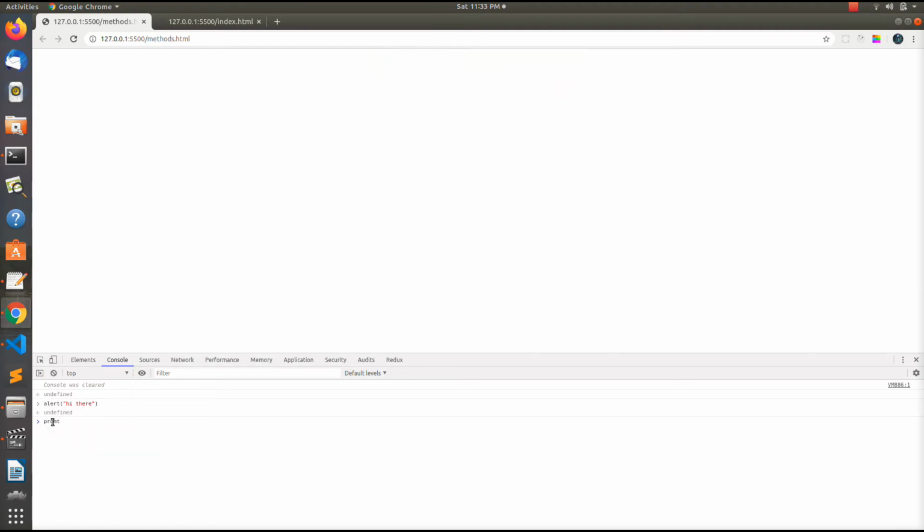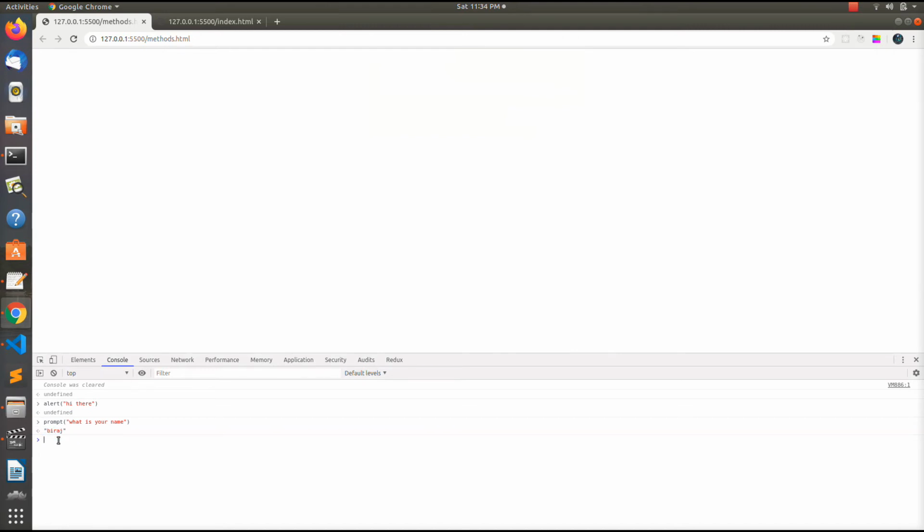The other method that we are gonna see is prompt. Prompt is actually just like alert, but it is usually used to collect some information. Like if I write prompt, what is your name, and this is prompt here, enter this, and you can see this dialog box again appearing, and it is asking me what is my name. So if I write my name here, press OK, you can see my name is displayed here.